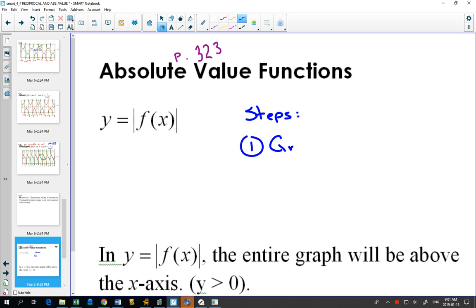Number one, you're going to graph y equals f of x first. So you graph the inside function first. And then two,